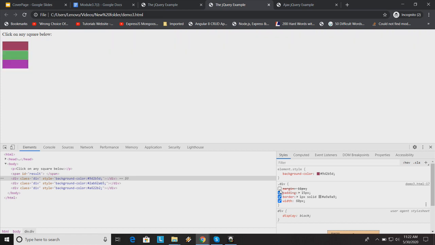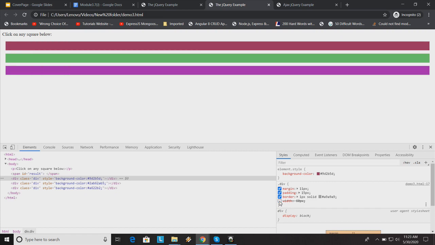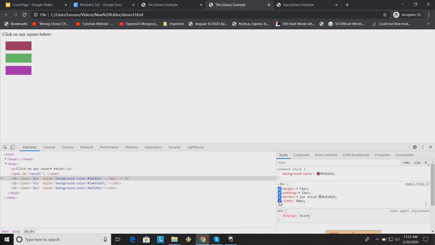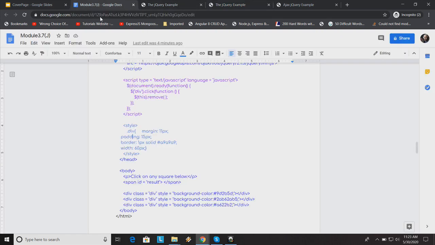See, it's sticking now. I want to give spacing between the boxes, so if I check this, margin. Border in the sense just the outline border. And width, you can see this width. I'm setting a specific width. I don't want to occupy the entire page. For that reason I'm setting a specific width. So this is the CSS I'm applying using that class here itself.